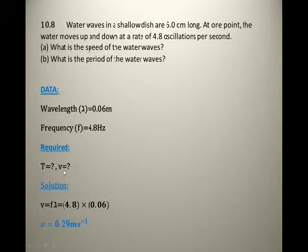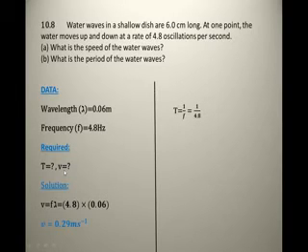Okay, Hussain, tell me about the next formula. We want to find the value of time period. Tell me the formula. 1 upon f, 1 over f. Okay, this is the simplest formula to find the value of time period. This is T equals 1 over f, and the answer is 1 over 4.8.